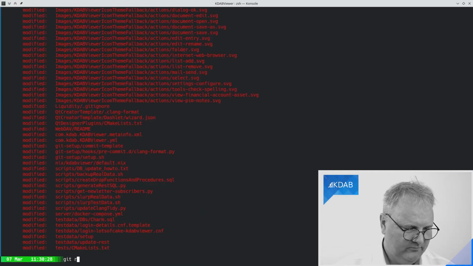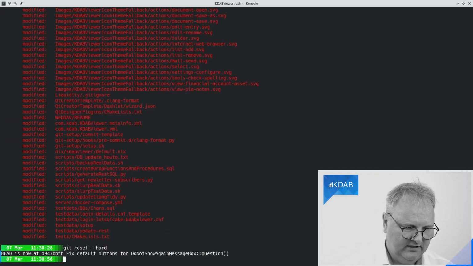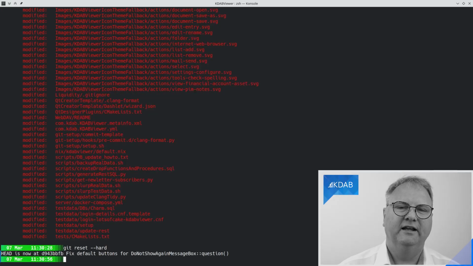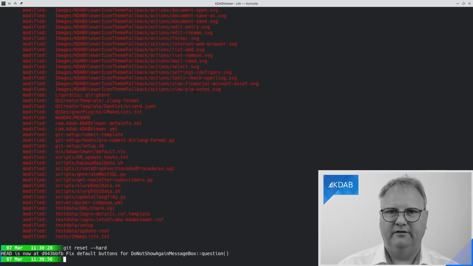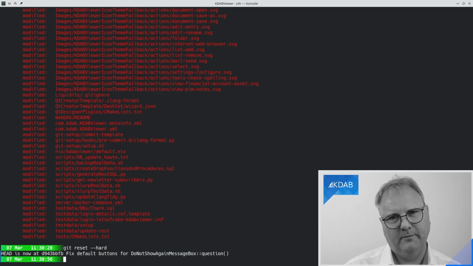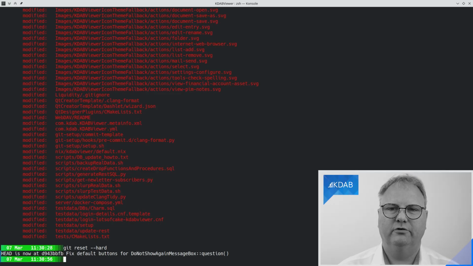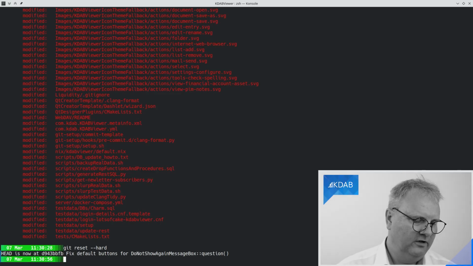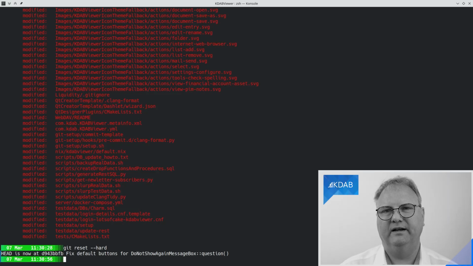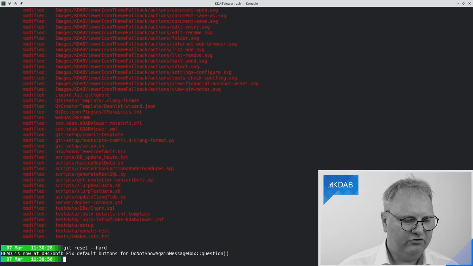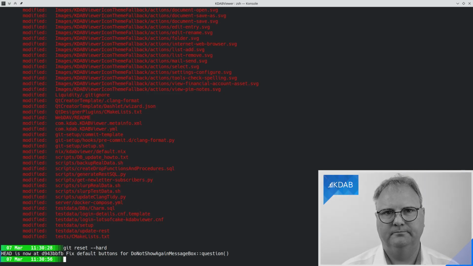So git reset --hard, and careful if you have changes to the .pre-commit-config.yaml, whatever it's called, file, that you do not nuke those away. So if you have that up in an editor, well, make sure that you save it once you run the reset --hard. Let's try, just so that we can get a feeling for it, to make sure that it will not go and change the SVG files.